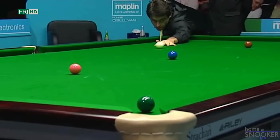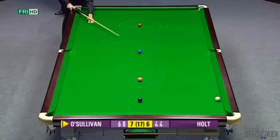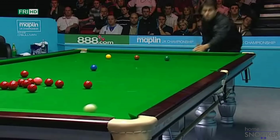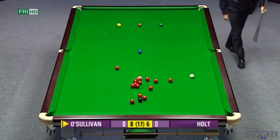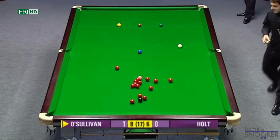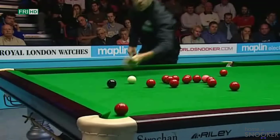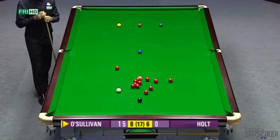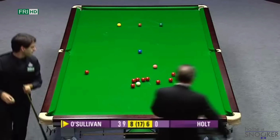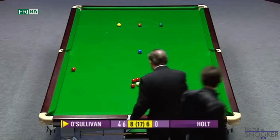Michael Holt. Pick off again. It'll be 8 all. But it wasn't the best of break-offs. Look at this. He's just looked up to the black in the same pocket as the red. He used the word that Steve Davis used. He could unravel a little bit. But he's never looked as though he was...